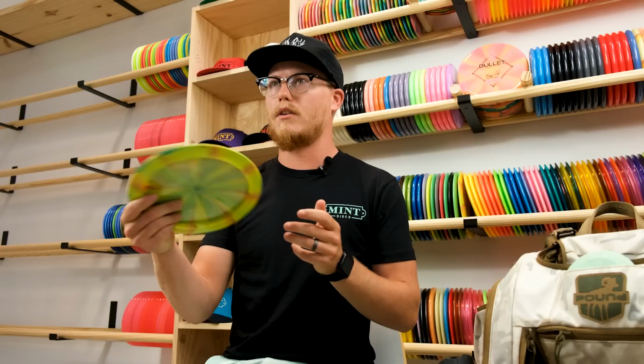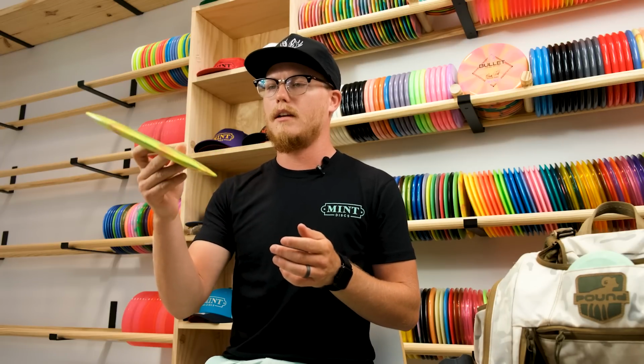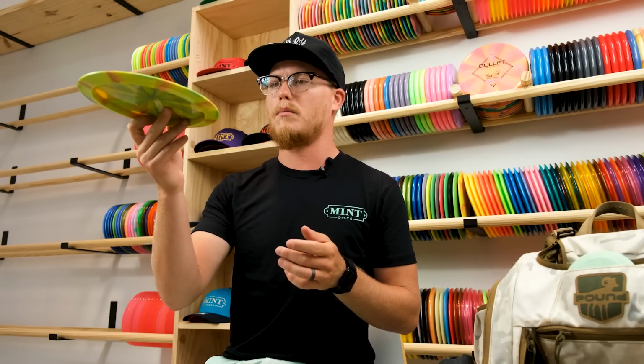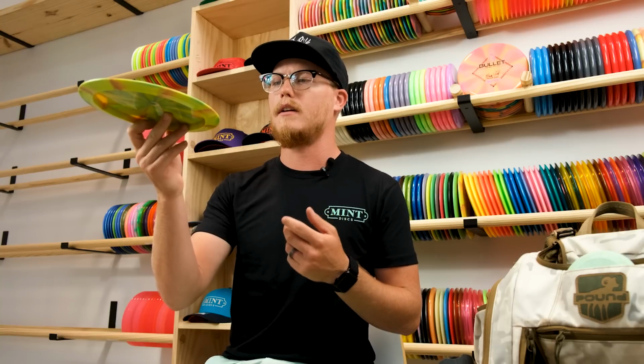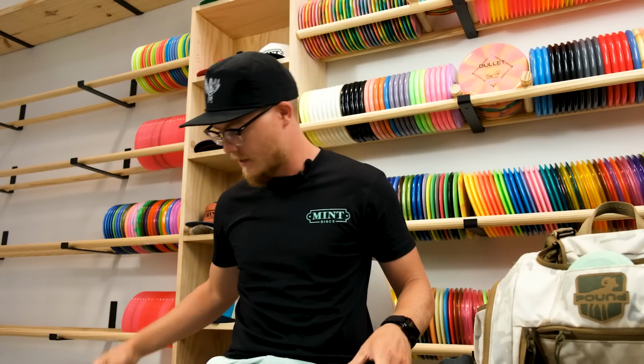Very straight for a goat as well, has good glide. I can put little flexes on it. This one doesn't quite hyzer flip for me yet unless there's a good amount of headwind. But yeah, I don't throw this one a whole lot for forehands either. Next up we have